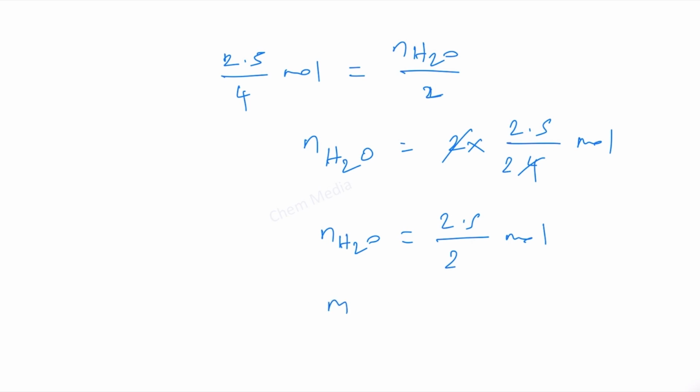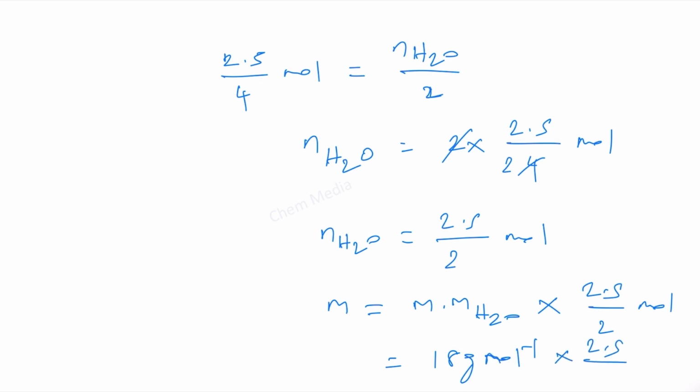Therefore, mass is equal to molar mass of H2O times 2.5 divided by 2 mole. Molar mass of H2O is 18 gram per mole, because 16 plus 2, times 2.5 divided by 2 moles, and therefore, this will become 9